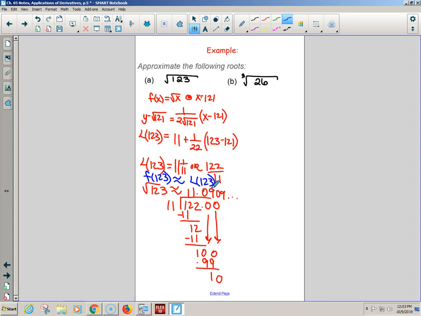Why have I randomly, but not randomly at all, chosen the cube root of 26? Close to the cube root of 27. And AJ, the cube root of 27 is equal to 3. So go find me the tangent line approximation of the cube root of 26, which is very close to the cube root of 27, which is perfectly equal to 3. If we choose a point of tangency that we don't know the nice root to, the square root, the cube root, we would have a radical in an approximation for a radical. That doesn't help if we're not any